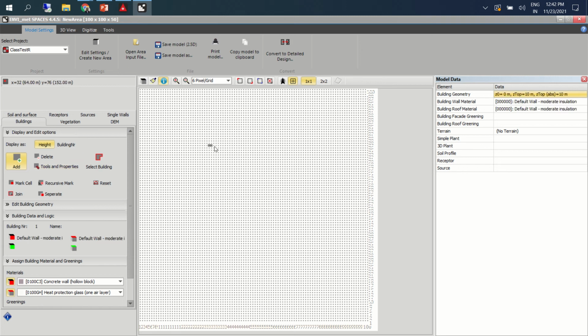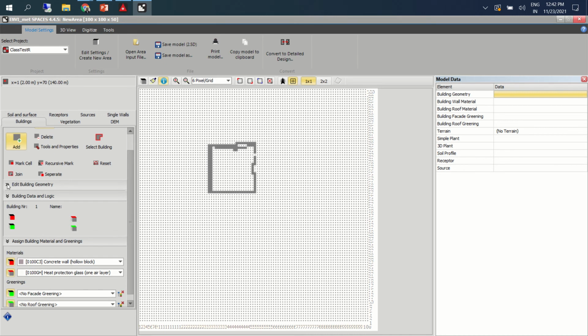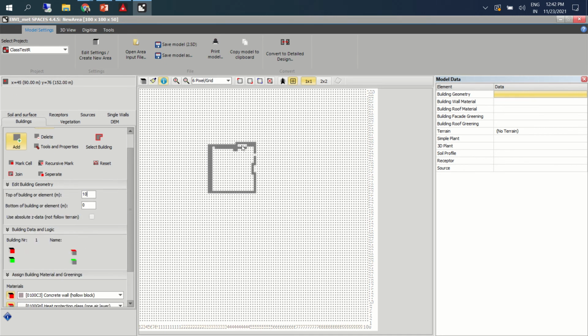Fine. Now what I do is I can directly start adding the buildings. How are the buildings added? It is only in the form of grids. So what is the size here now? Each grid, we have said it is 10 meter height. So let me finish this and then we can see in 3D what is the height that we are getting.